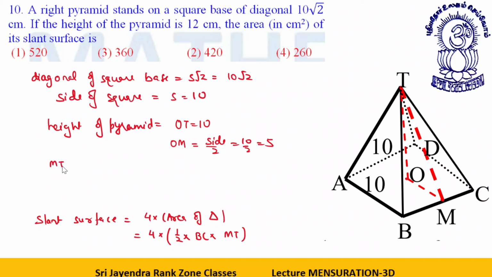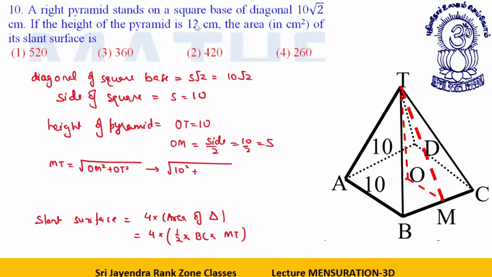By Pythagoras theorem, MT will be under root OM square plus OT square, that is 10 square plus